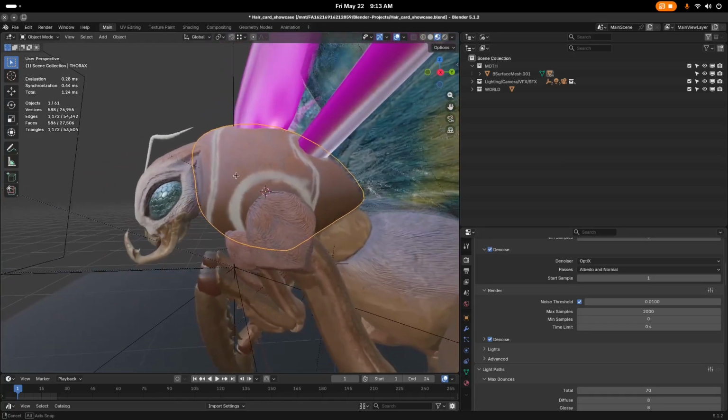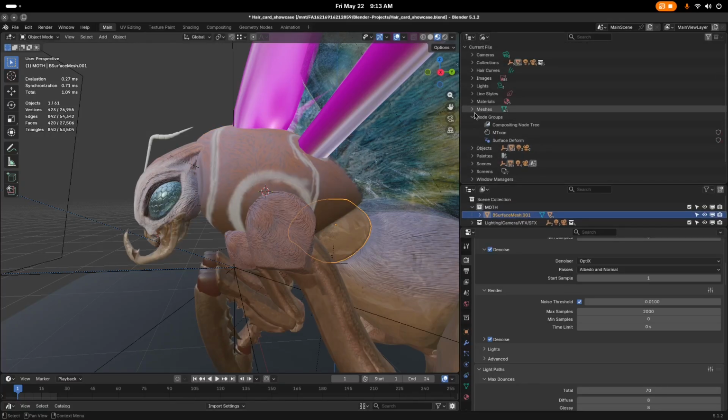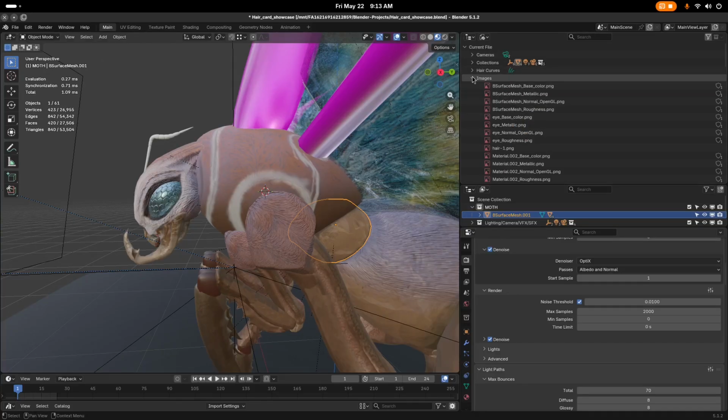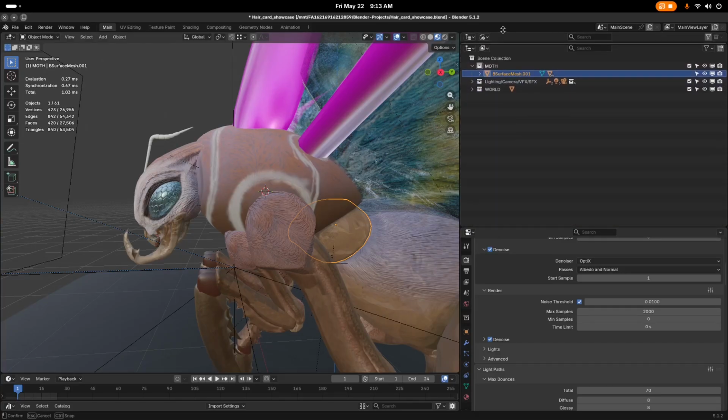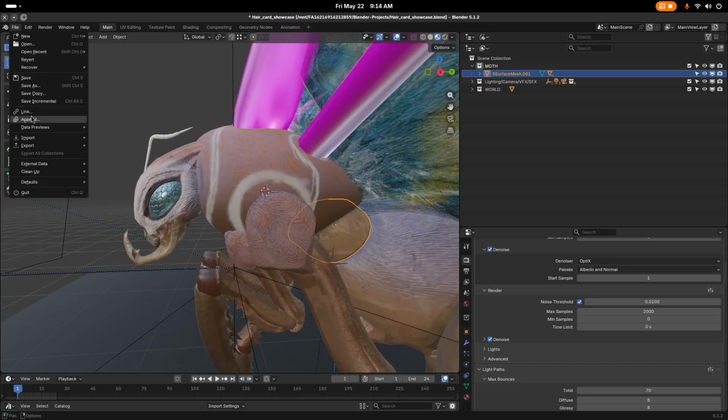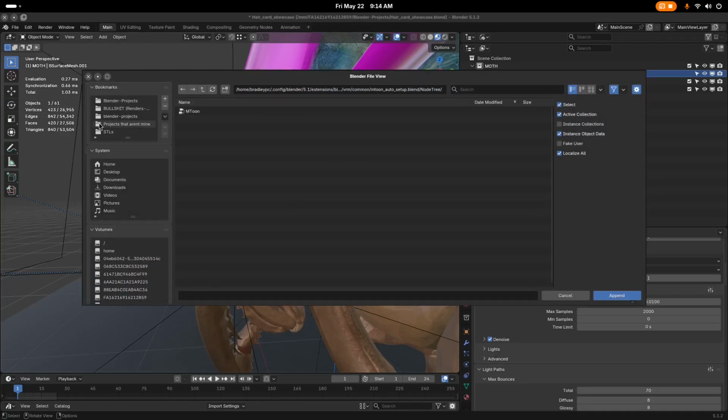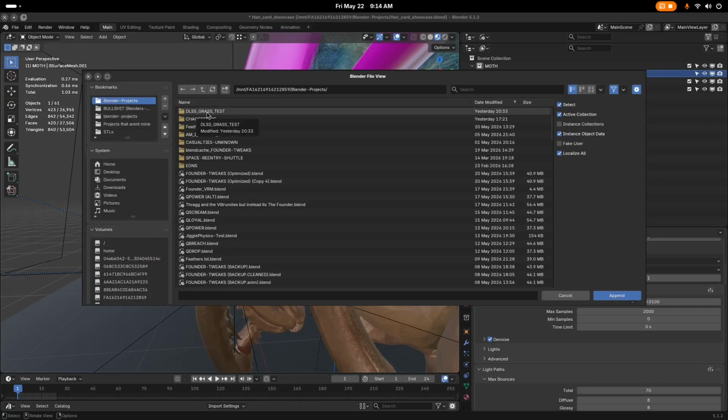So, we have a simple scene, right? We can see this is our scene collection. Over here is our scene, like files and stuff, all the textures and all that. So what I'll do is go to File in the top left, click it, Append, and I will go to